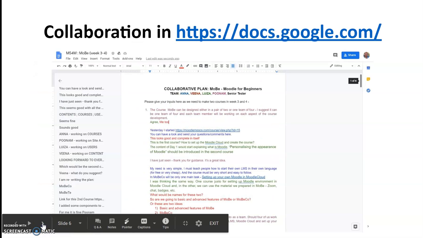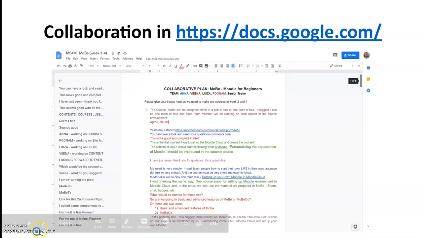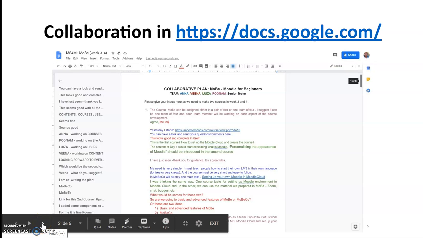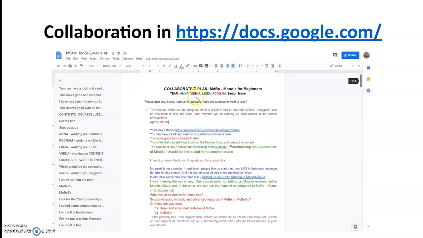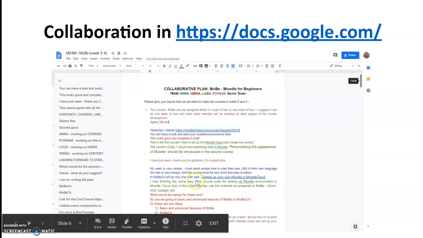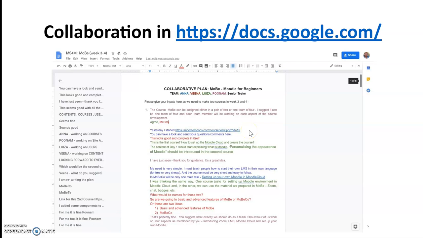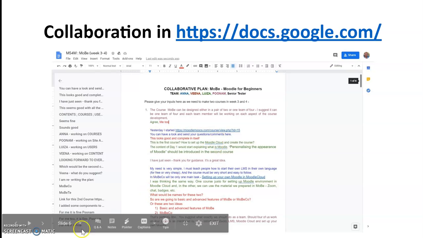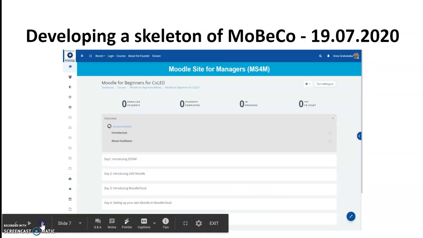So this is about the initial meetings which we had or a collaboration together as to decide the different courses, etc. And this is our team. Anna, Veena, Louisa, Poonam, etc. So we were putting in all our details over here and trying to first formulate what we should be working upon, how many courses we should be having, and then it was decided that we can have 2 courses, that is the Mobico and the Mobite. But it took us quite some while to decide that, and we had these sessions, the interactions more on the Google Docs.